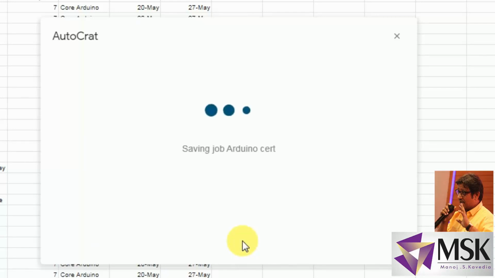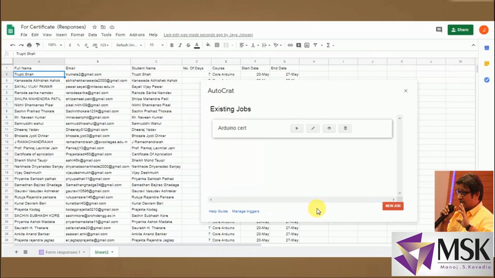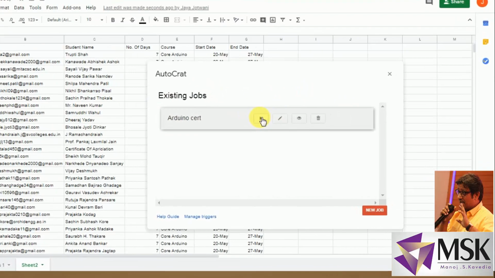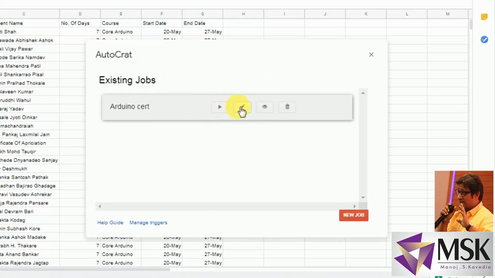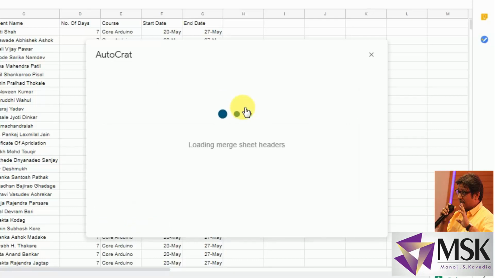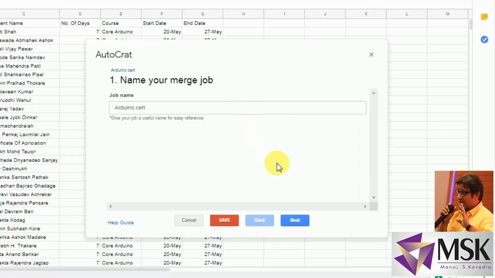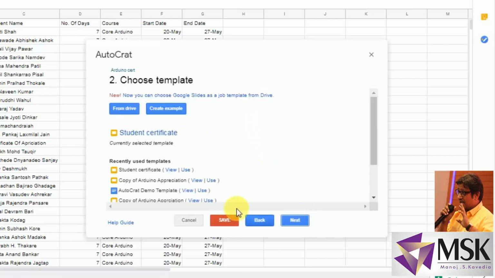Now every process will take some time because it is online. So it will show any existing job, yeah, Arduino certificate. This first is to create the certificate, but prior to that, please verify the things. Fine. Every possible thing is verified.